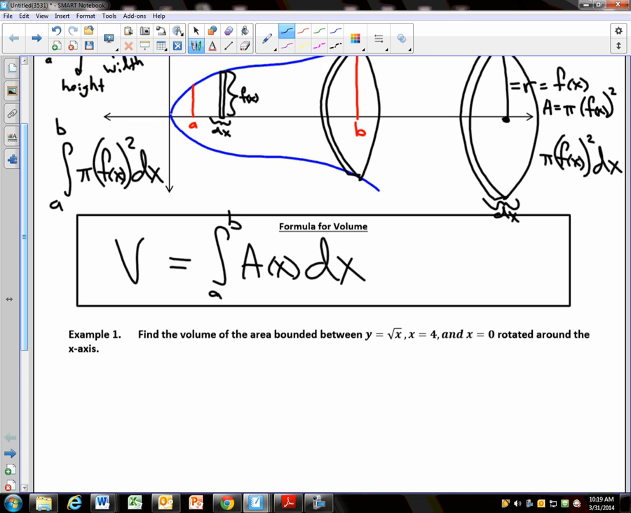So here's the idea. This is the very big idea contained in a very small fashion. Volume is simply equal to the area times